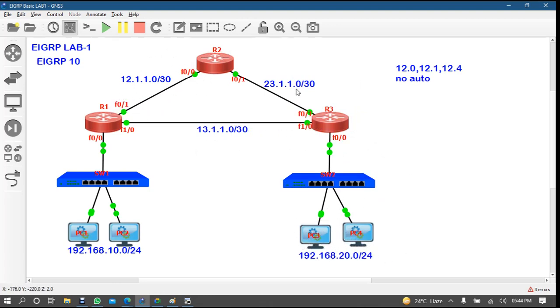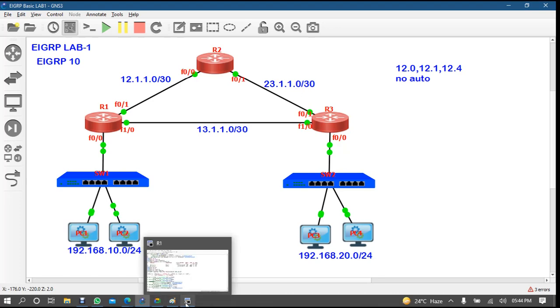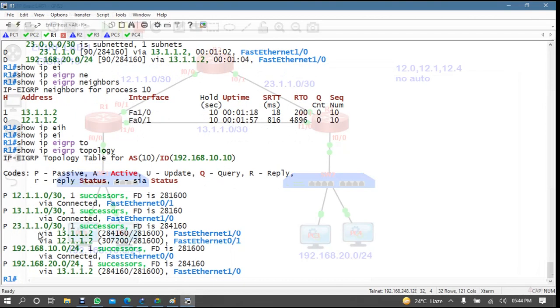So in the topology table, you are getting information regarding the 23 network from two different routers, R3 and R2. But for the 20 network you are only getting it from R3, not from R2.